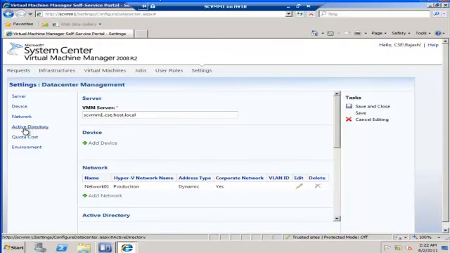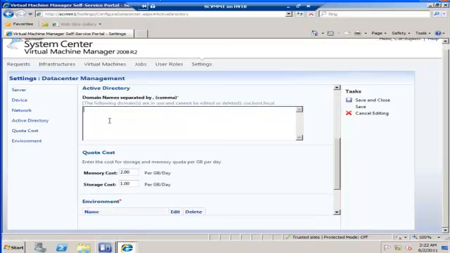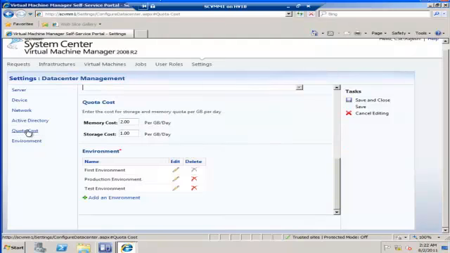The next one is Active Directory. In Active Directory, we can add the required Active Directory domains to be available for the new VMs which are created on the self-service portal. We can add additional domains if required by typing the domain name. And then the next one is quota cost. Here we can mention the cost for the resources like memory and storage. Once we mention these cost details here, they will be used by the self-service portal to do the